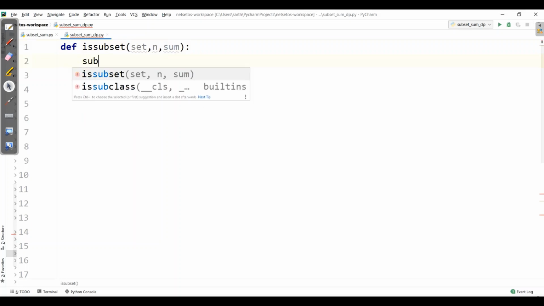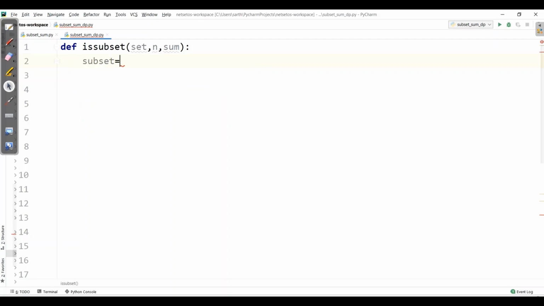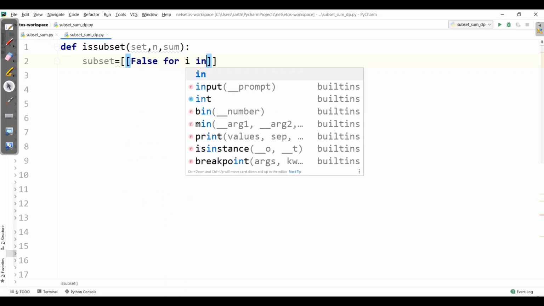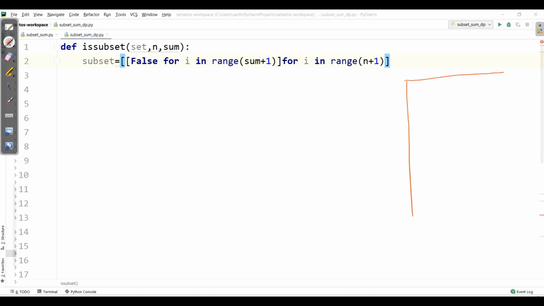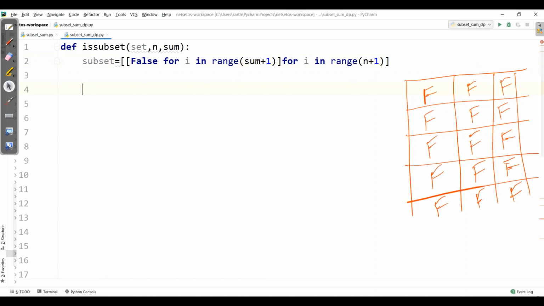So here I'll take the variable as subset and the 2D array false for i in range sum plus 1, and the other one for i in range up to n plus 1. So with the help of this, I got 2D array and I have filled all over false.